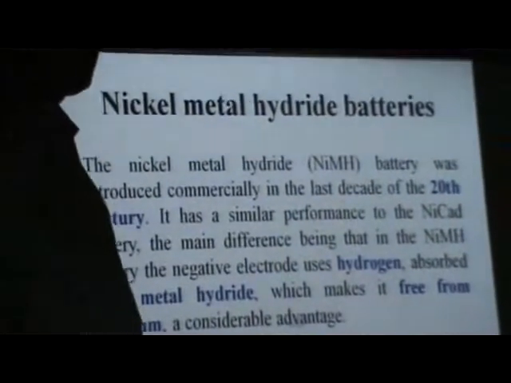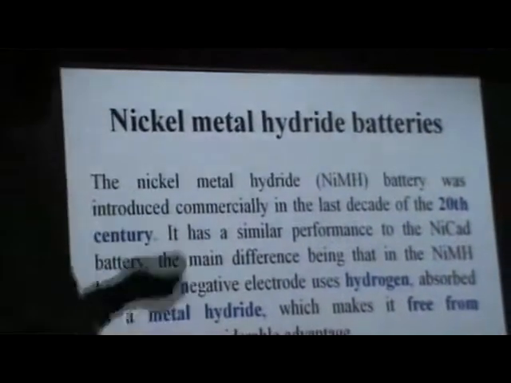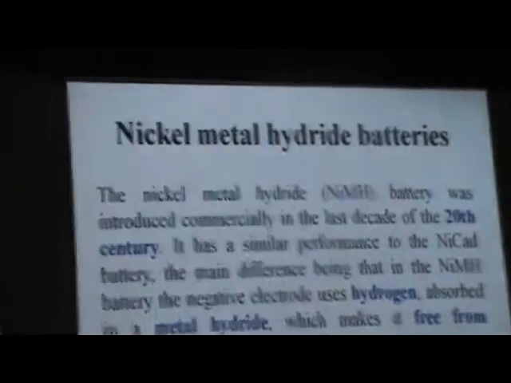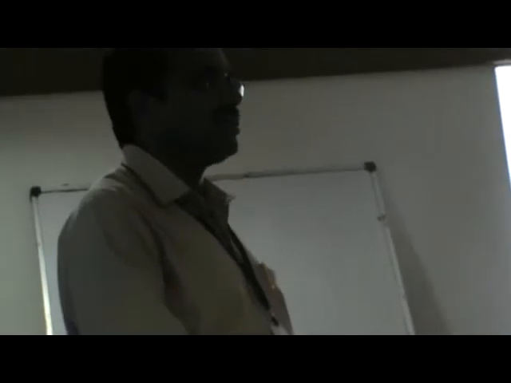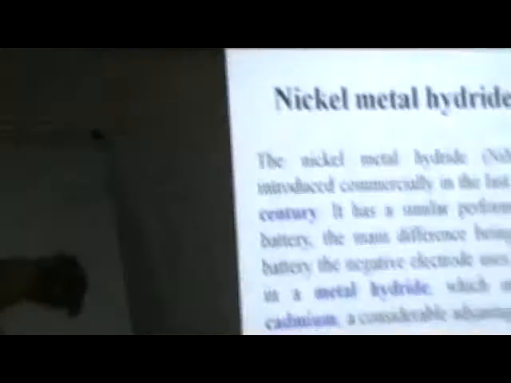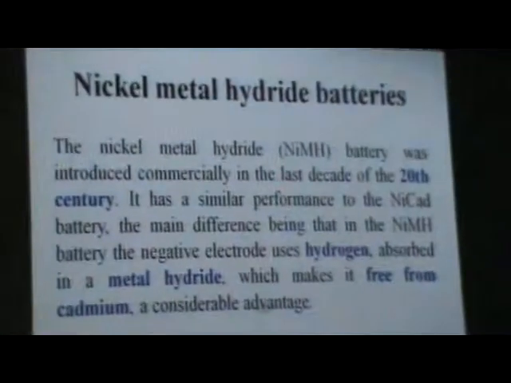Then there is the nickel metal hydride battery. Compared to the previous battery, which uses nickel cadmium, now nickel metal hydride is used. Where you place it, hydrogen is held in the metal hydride. This upper plate, if you replace the usual metal with a metal hydride, is free from cadmium. Cadmium affects cost, and it is somewhat more expensive than the metal. So you replace the cadmium with the metal hydride.